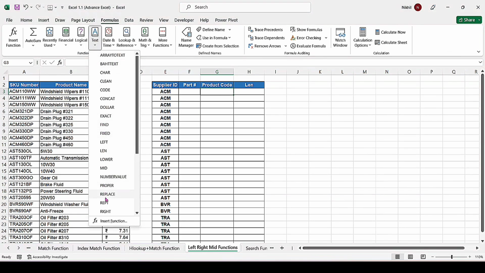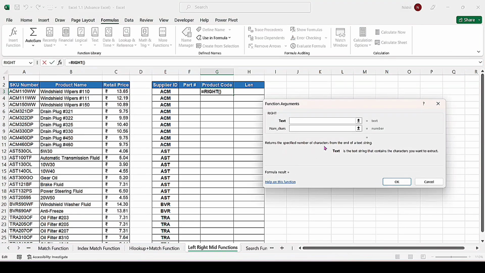And in that click RIGHT, this one. The moment we click RIGHT, a new window has appeared. It is called Function Arguments. Same as the LEFT function, the first argument is text. So we will click the A3 cell because we have to pick the A3 text into product code.